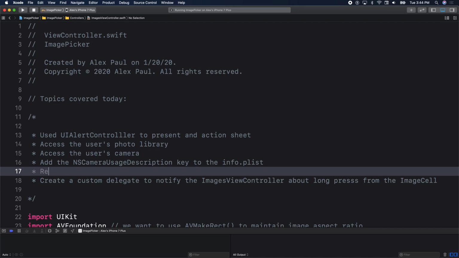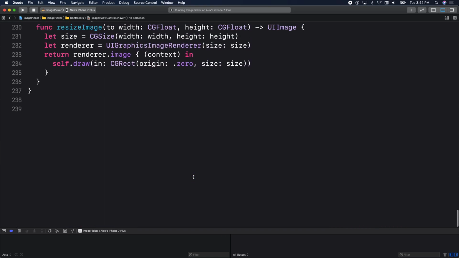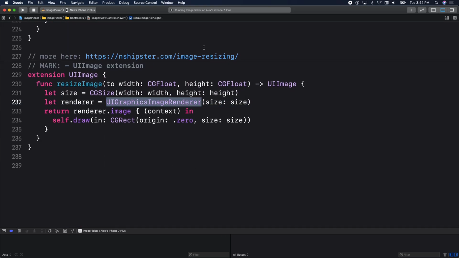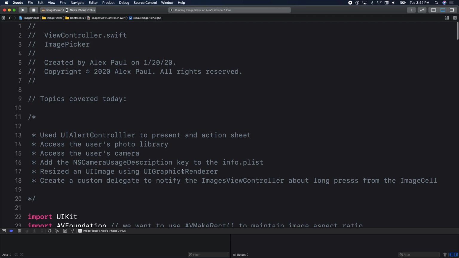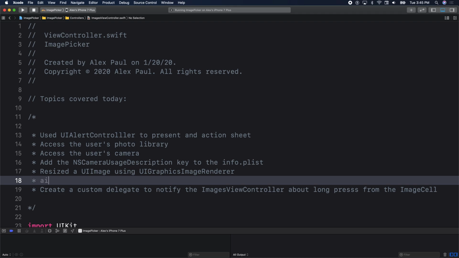So here we resized a UI image using UI graphics image renderer. Let's double check on the name here. UI graphics renderer. Okay, resize a UI image using UI graphics image renderer. What else we had to do for that there? Also kept the aspect ratio of it. Maintained